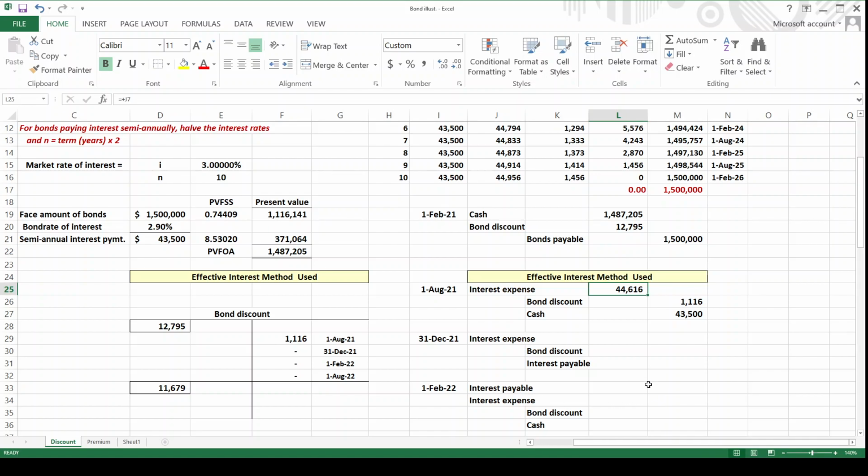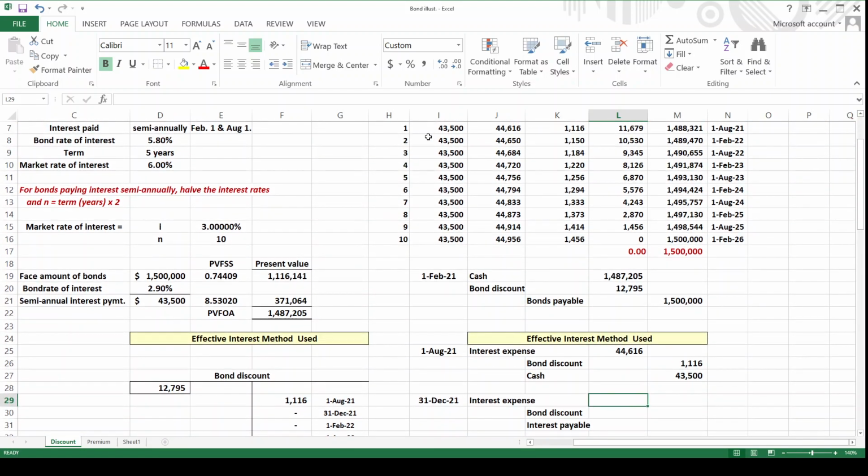Which brings us to our next entry, which is an accrual of interest. We're going to assume a December 31 year end. Okay, so how many months have gone by since the issuance of the bonds? Well, that would be 5 months, yeah? August, September, October, November, December, 5 months. So we want to get the interest expense on the books in 2021 relative to that 5-month period. So that would be the second interval